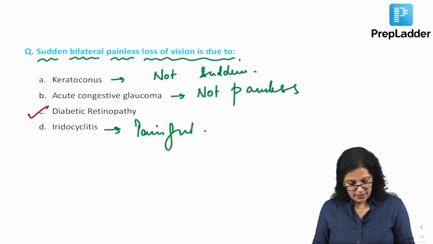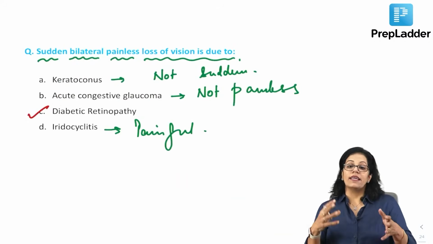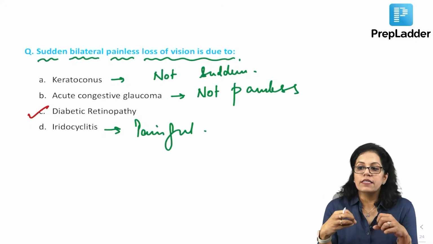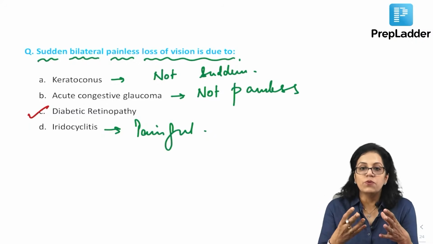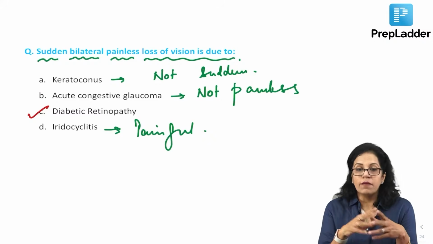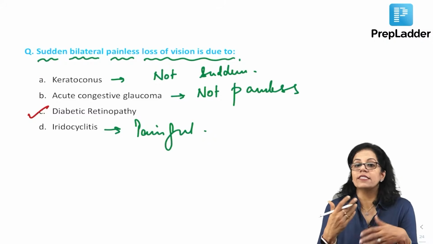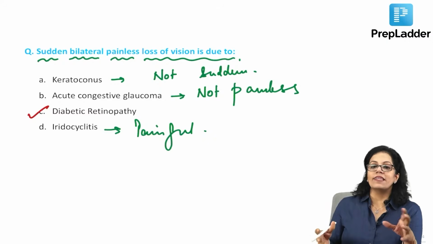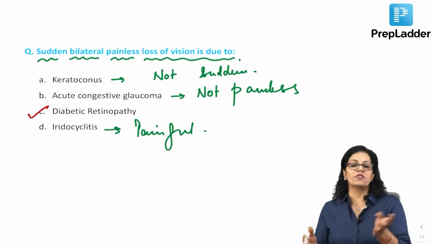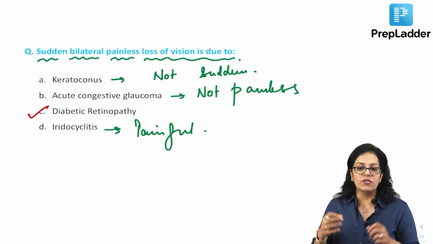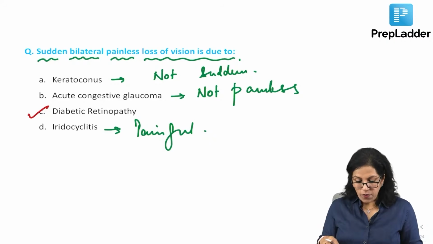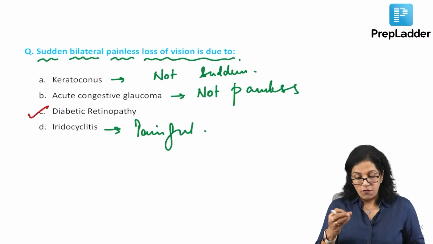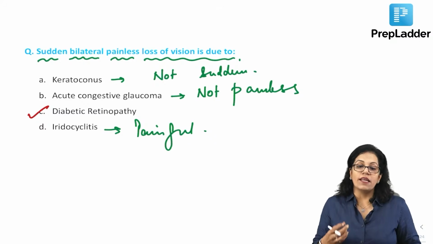Okay. So yes, very nice question, Sky. Is diabetic retinopathy sudden? It can only be sudden if there is some hemorrhage which has blocked the view, or it can be mainly towards advanced stage of diabetic retinopathy. Actually, if I look at this question, I am not very happy with the question, but I could have changed the option and asked you in the test. I didn't do that because I wanted to discuss it. What I want to discuss is that if you are stuck in this situation, we have to look at which is the best among the four.